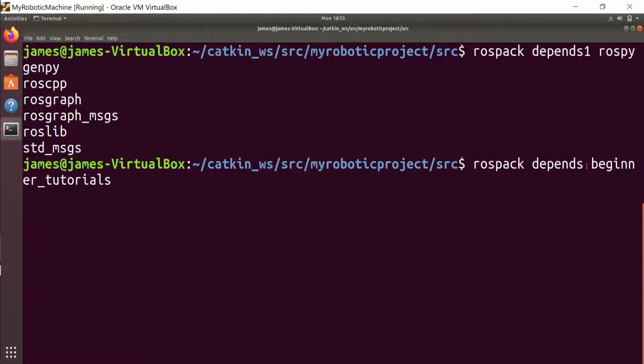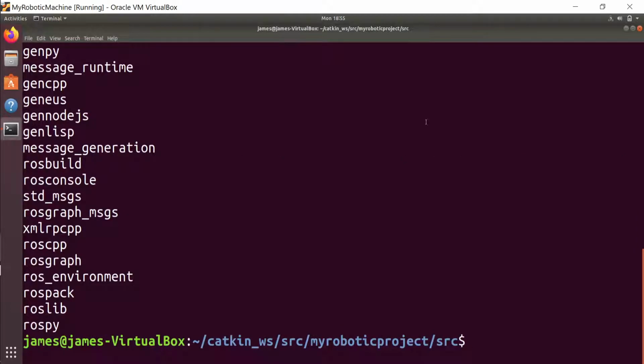So I say give me the list of all dependencies, what all my project is dependent on. What is my package name? Robotic project. So it gives me the list of all direct and indirect packages I'm dependent on.